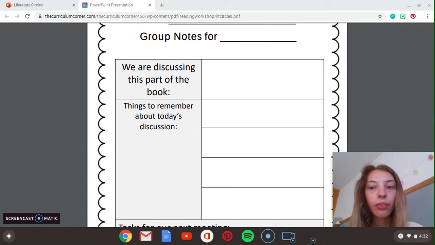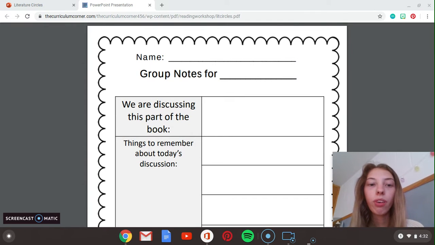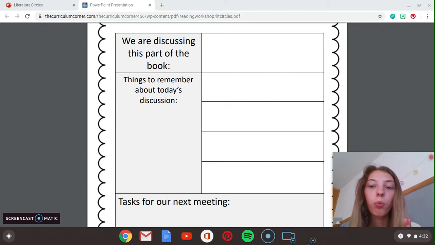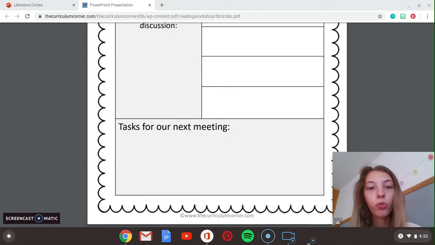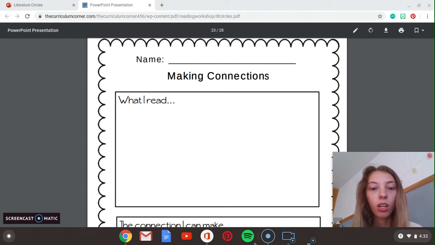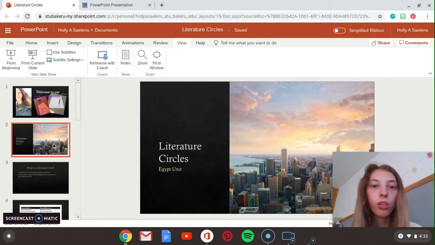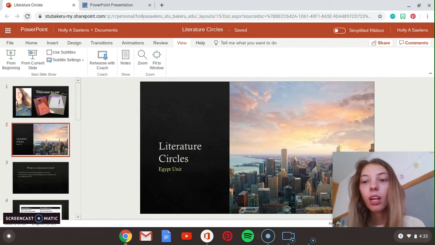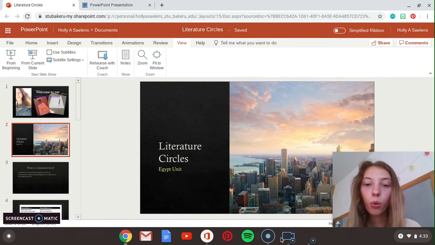And then at the end, every group will turn in group notes, and it'll have names of everyone at the top, group notes for which book, and then you'll put down which sections you read, the things you discussed, and your tasks, so you'll put your roles for each meeting. And so that's about it for your literature circles. If you have any questions, I'm always around for you to ask, as usual. And we'll have a couple of classes before then, so we can discuss if you have more questions about your role or about your assignments or what you're